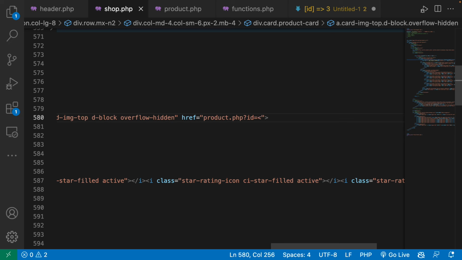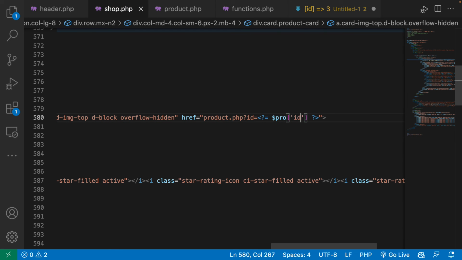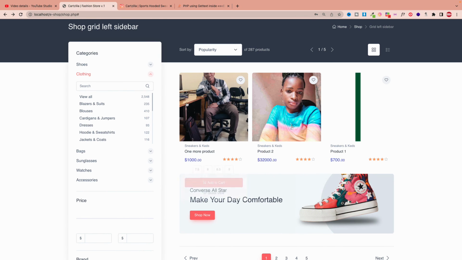We just say question mark, ID equal sign, and then put the product ID like this. It means we are going to display the product in this section, specifying the ID. So if I refresh here,